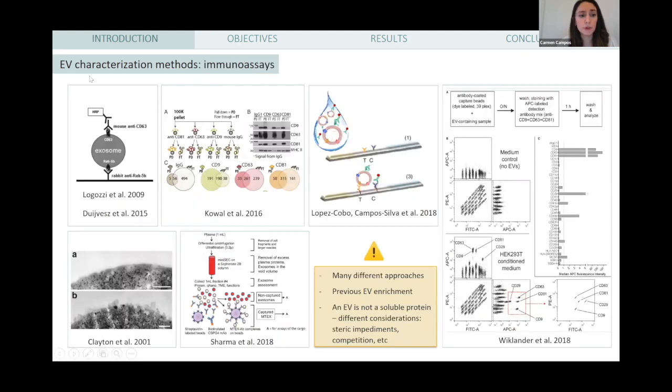So talking about EV characterization methods, other options are immunoassays, and a number of immunoassays have been described for EV characterization. Here I show some examples, such as ELISA. And the thing is that in this publication, that is also from our laboratory, in which we described lateral flow immunoassays and ELISAs for EV characterization, during this optimization, we noticed that EVs are much more